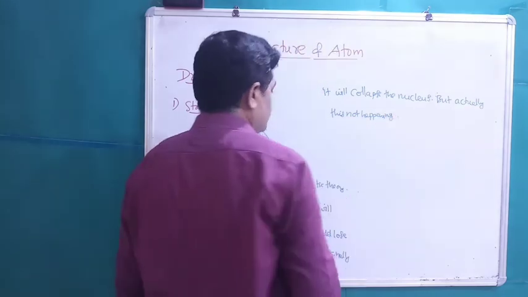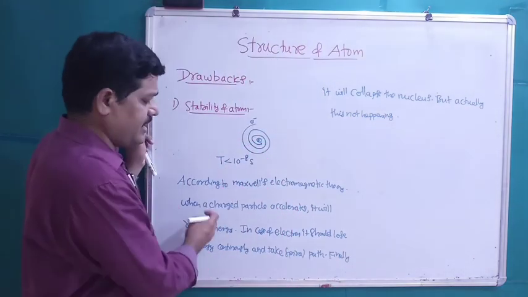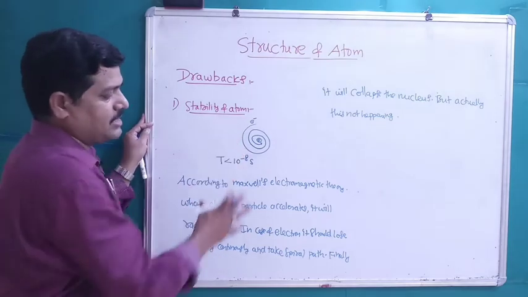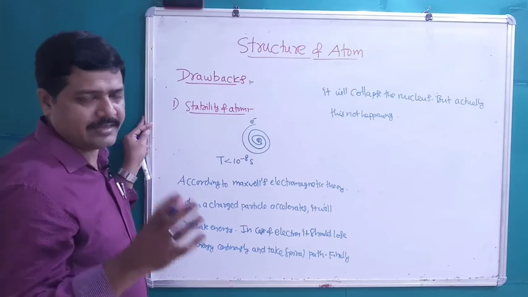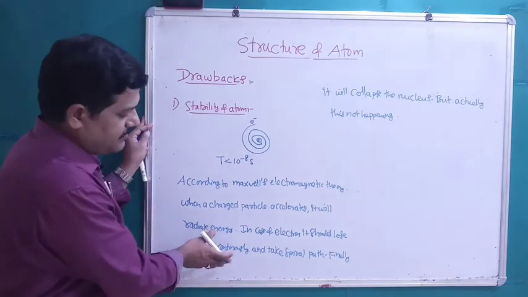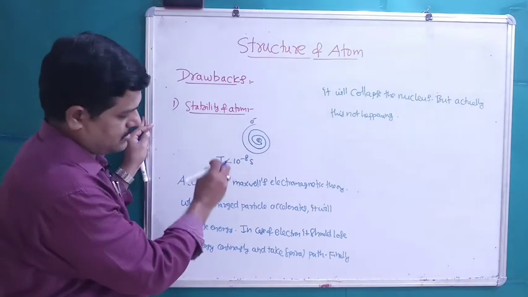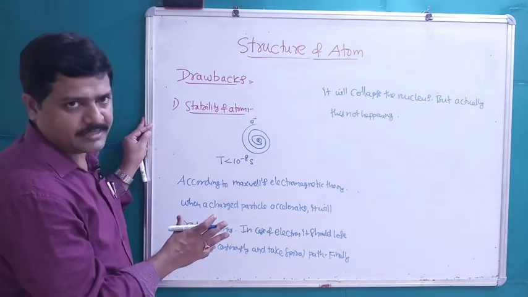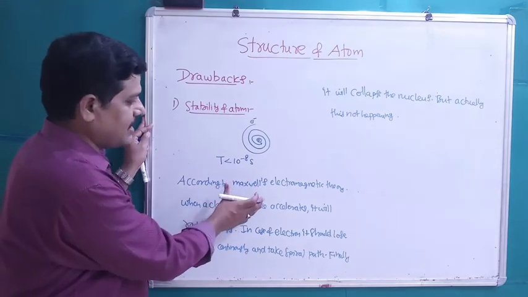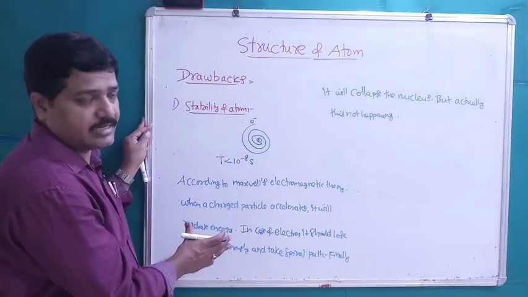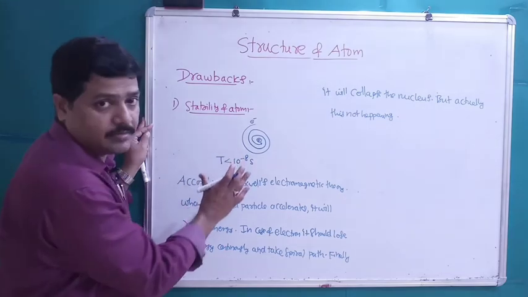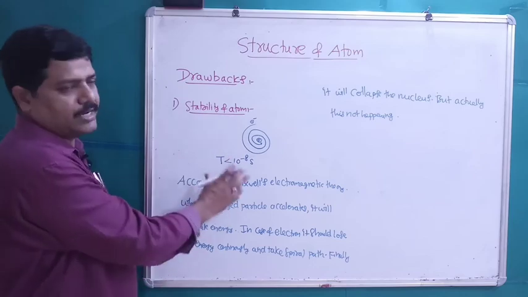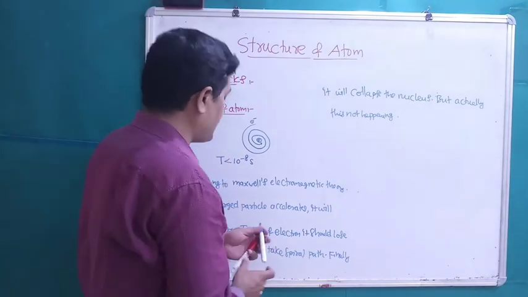And one more thing, when the electron is radiating energy continuously, the spectrum obtained from the element should be a continuous spectrum like the rainbow. But here we are getting the line spectrum of elements. For all the elements, generally you will get a line spectrum, right? So Maxwell's electromagnetic theory is contradicting this Rutherford model of atom, because it is unable to explain the stability of atom, right? Second point is,